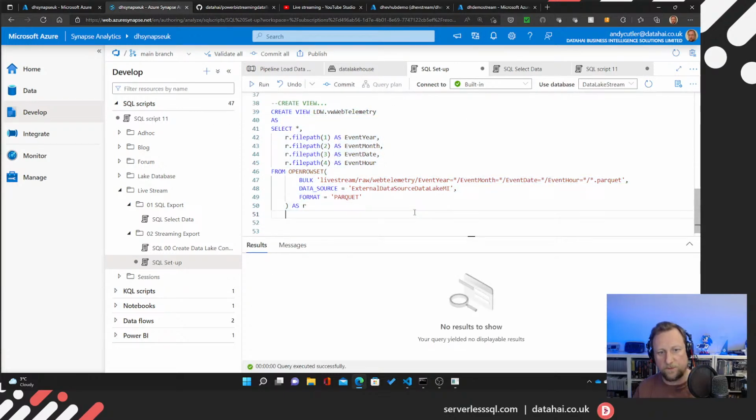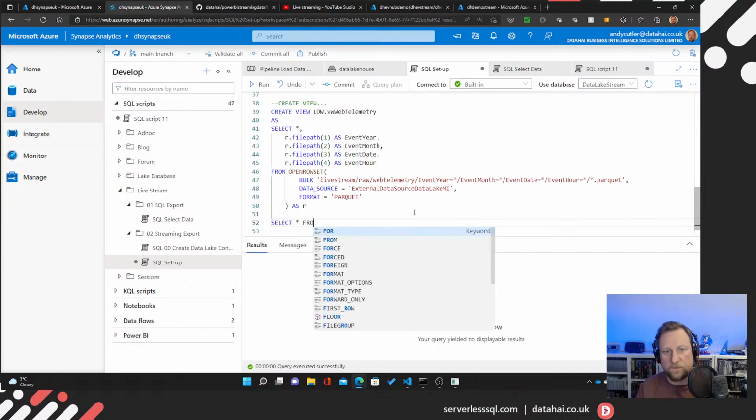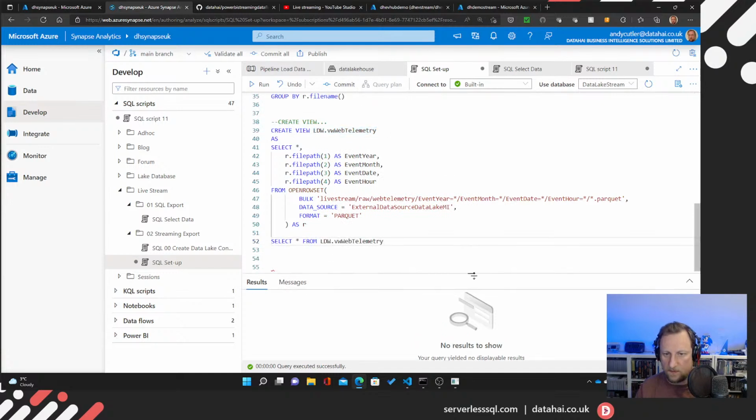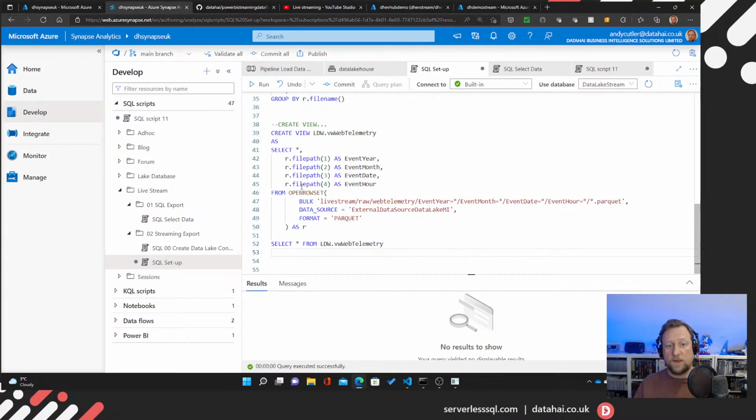And run that view. Right, so I'll select all from that view. And then I'll use the file path function. So I'll say where, and we know there's only one date in there, right? So we can just say